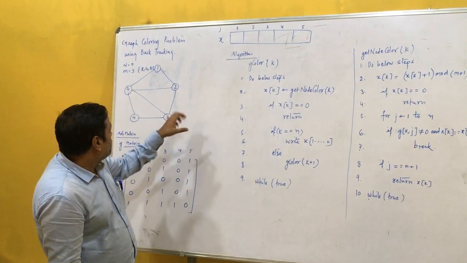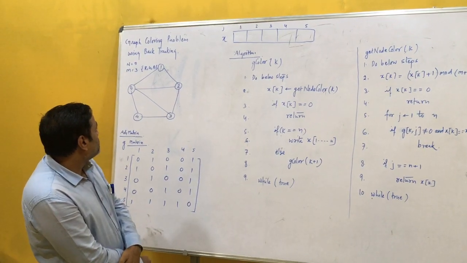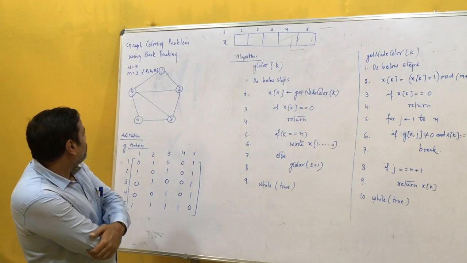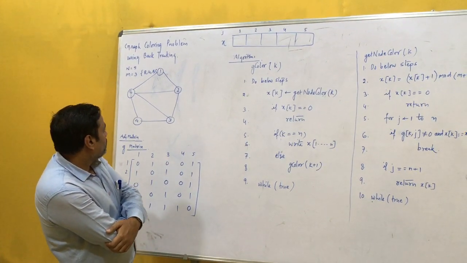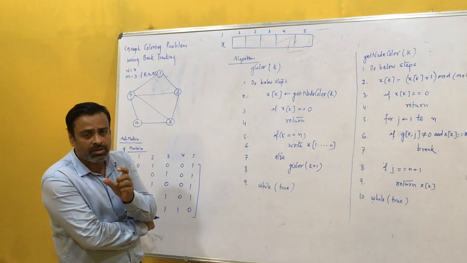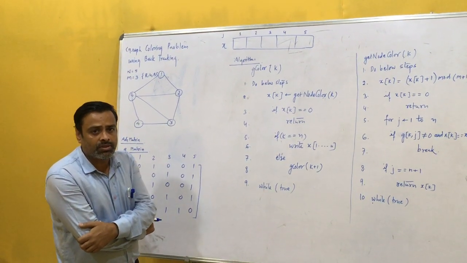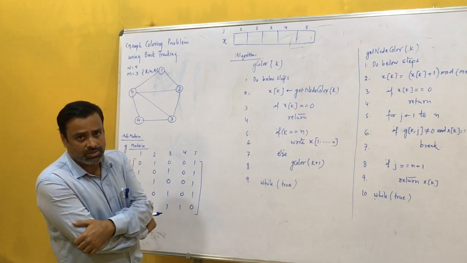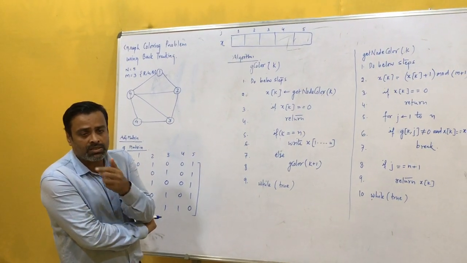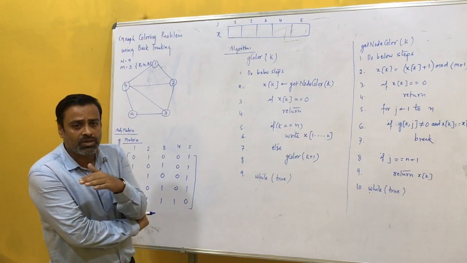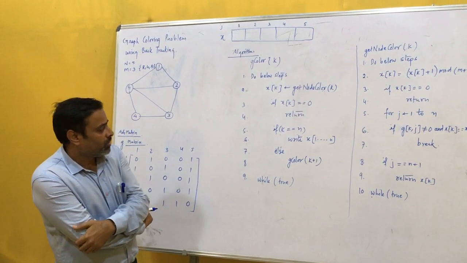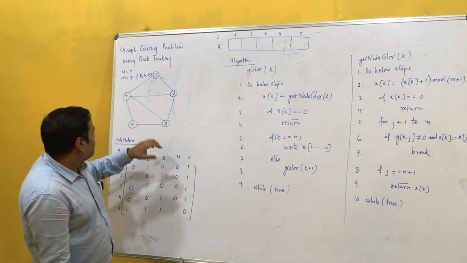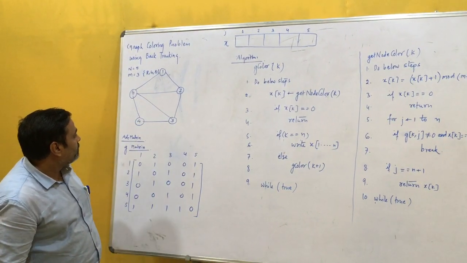So this graph coloring problem is one of the classical problems of the backtracking algorithm, where we are given a graph and certain limited colors, and we need to check whether we can color that graph by keeping some constraint in view, like no adjacent node of a graph should be colored in the same color. So for that, there's a graph given to you, and you can see here there are 5 nodes in